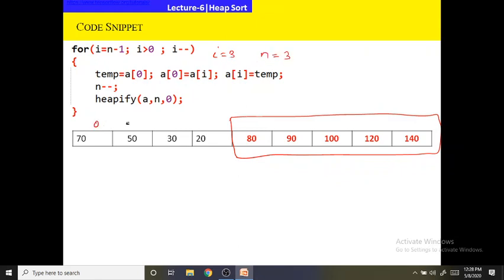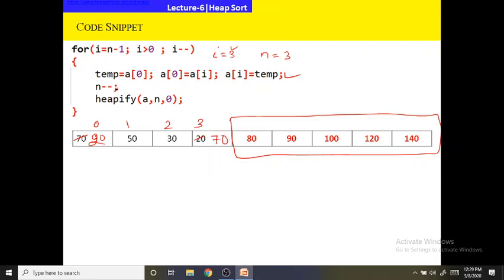So this is 0, 1, 2, 3. Now I have to swap a of i with a of 0. So a of i means a of 3 with a of 0. So here what I will get, 30. Here I will get 20, and here I will get 70.